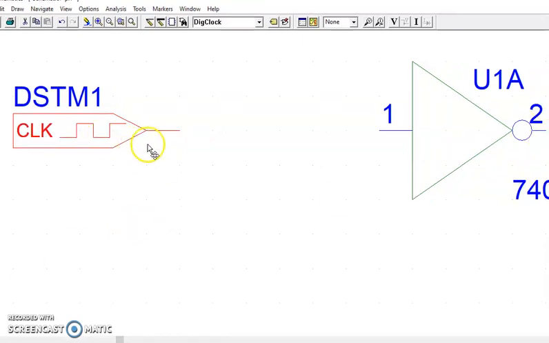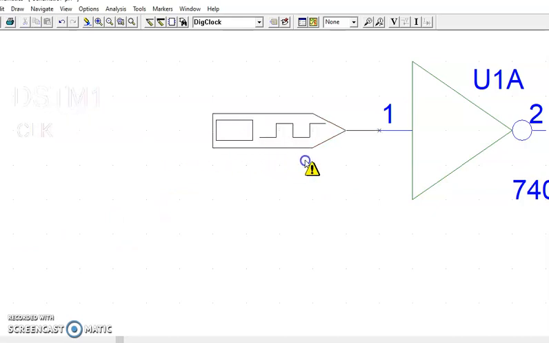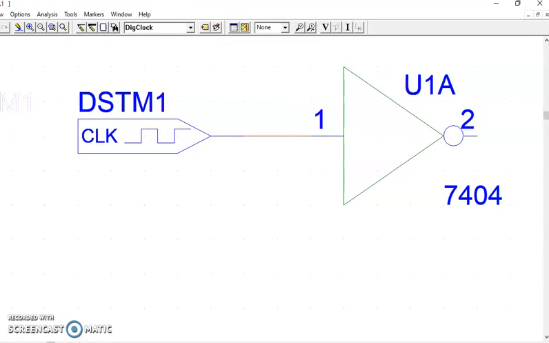Now I want to connect these components. Never connect these components end to end. You can see the warning there. Never connect any two components end to end. Always have a gap in between. How can I create a gap in between? You use a wire in order to connect the components. That's what I mean to say. So connect two components with the wire. Now the circuit is almost ready. We can simulate it. But the thing is, what is the input we are going to provide here? And what is the input flowing to this pin number 1?